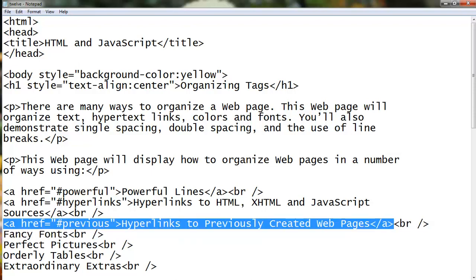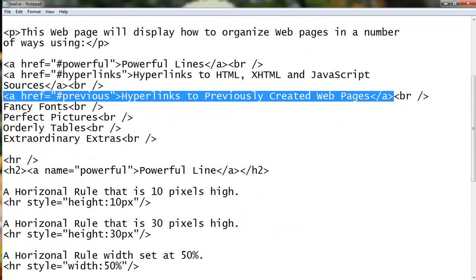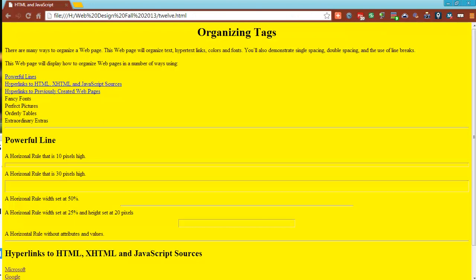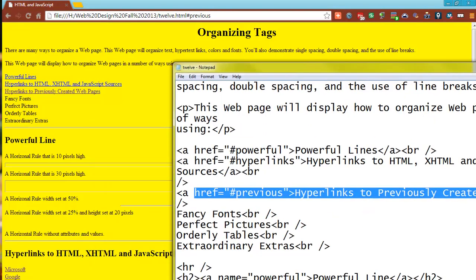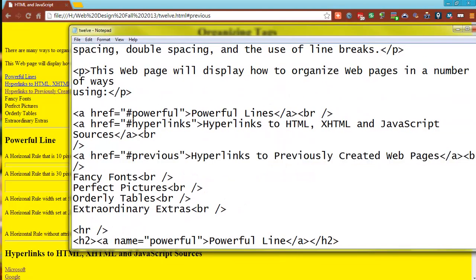So what I did is right here highlighted on your screen. When I refresh 12, you can see I have hyperlinks to previously created web pages. If I click on it, though, nothing happens. Why? You got it, exactly. I made the link on the top, but I actually don't have a spot for it